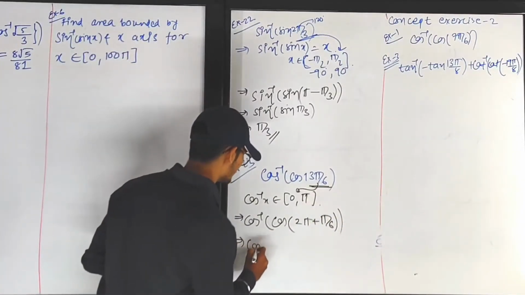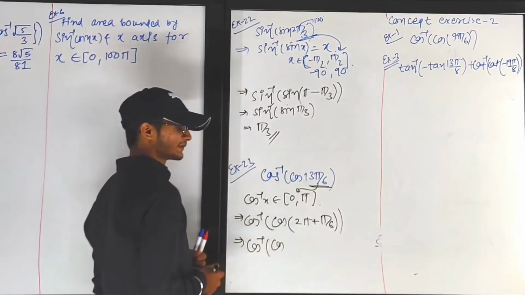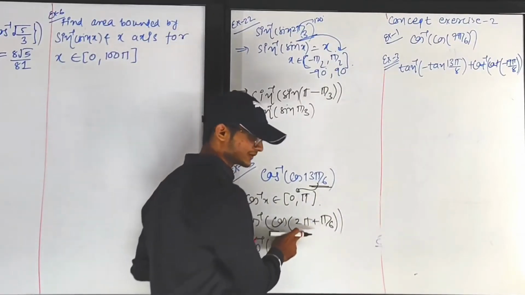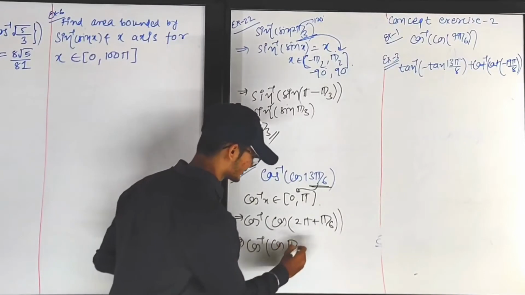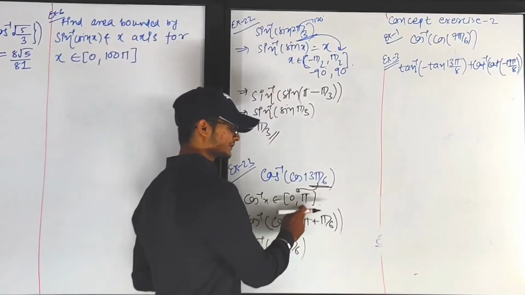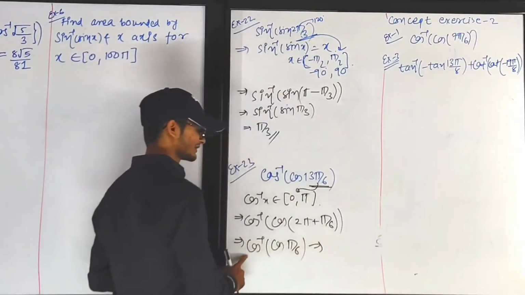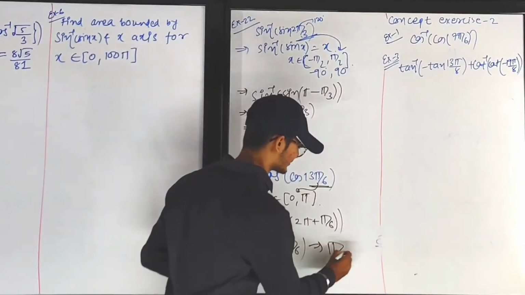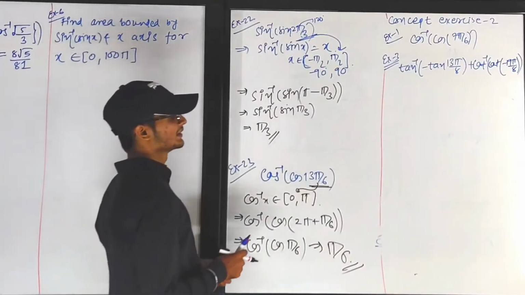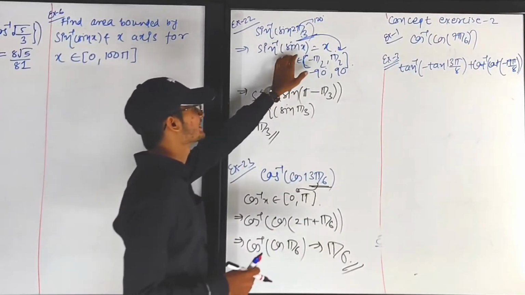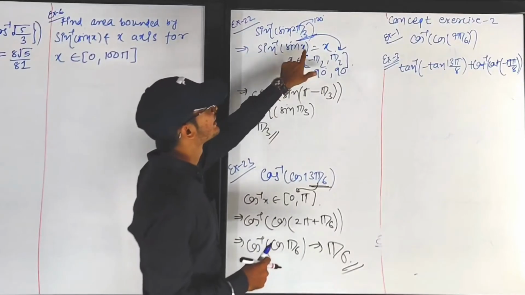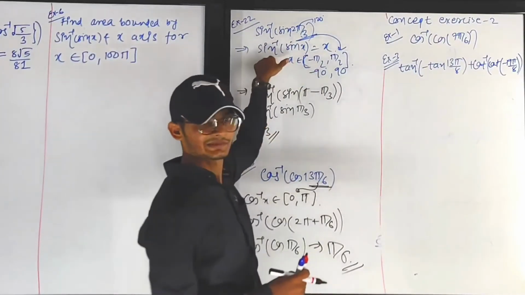Now 2 pi plus means first quadrant, even pi plus first quadrant. In the first quadrant cos is positive, and on the x-axis the function does not change. So directly we can write cos pi by 6. Now pi by 6 lies between 0 to 180, so we can directly cancel out cos inverse and cos. So we can write directly pi by 6. In short, you have to remember: whenever an inverse trigonometric function of a trigonometric function is given, we can cancel out both if and only if x lies in the range of the given inverse trigonometric function.